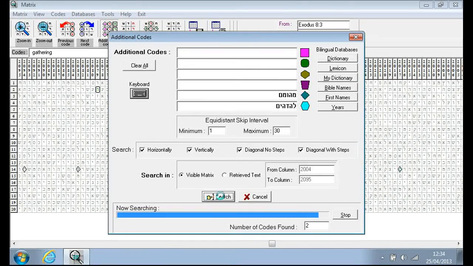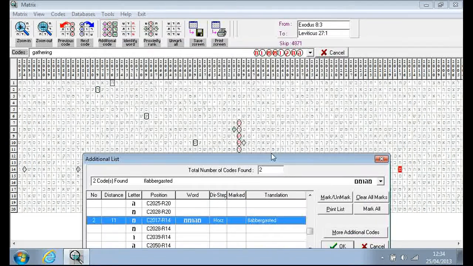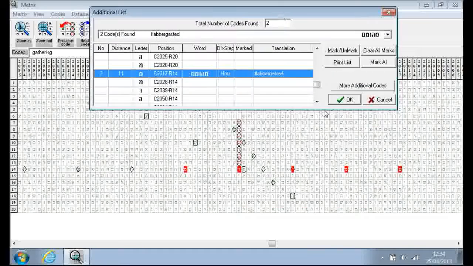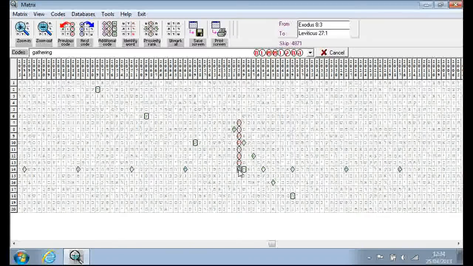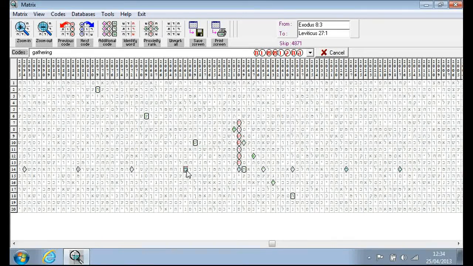Okay, appearance came up. It was diagonal across the axis. See if I can mark it properly this time. Have I done it? No, I'll have to leave it. It's not working properly. But anyway, you've seen it. Flabbergasted across here, showing the axis. It means to be astonished, amazed, or surprised,